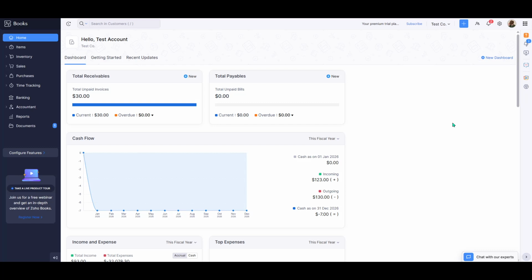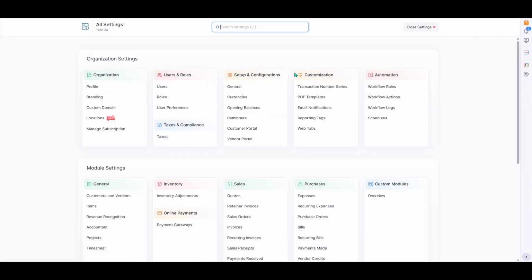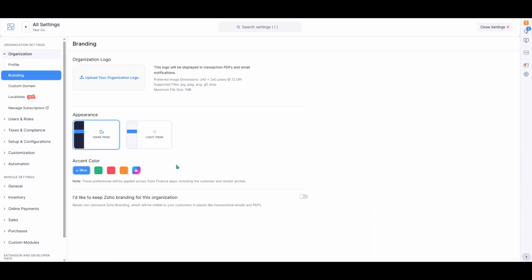To get started, look to the top right corner of your Zoho Books screen and find the gear icon. This is your entry point to the app settings. Click the gear, and from the options that appear, choose Branding. This section is dedicated to how Zoho Books looks for you and your organization, so it's the right place to